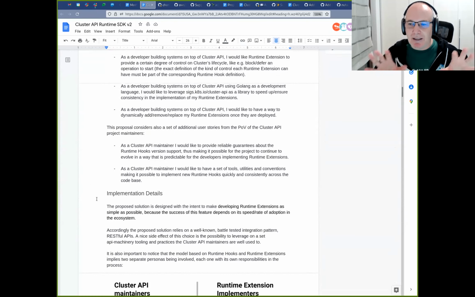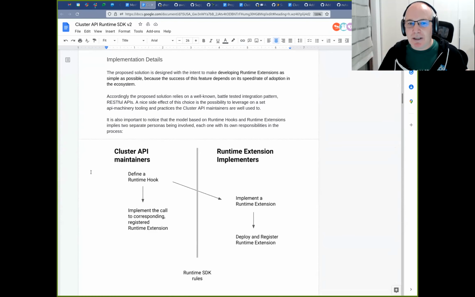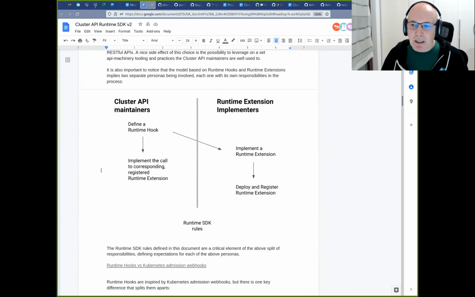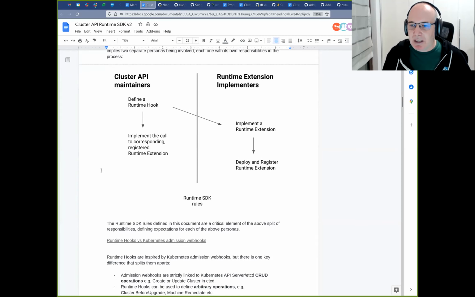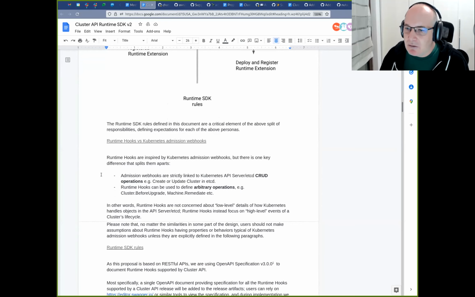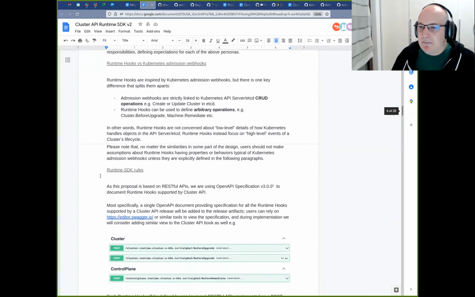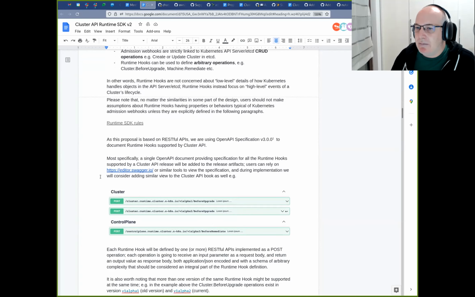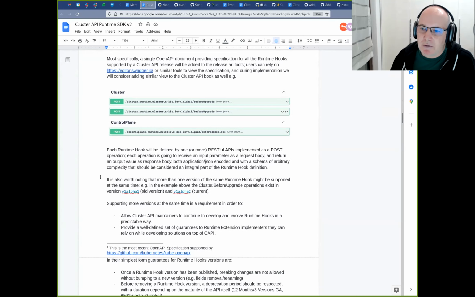Like in Kubernetes extensions, there are two personas involved in developing an extension, and this document tries to address concerns and things for both. It also takes a stab at how we are going to version runtime extensions, and what deprecation will look like. There is a lot in it, but I'm really excited about this improvement and looking forward to community feedback.